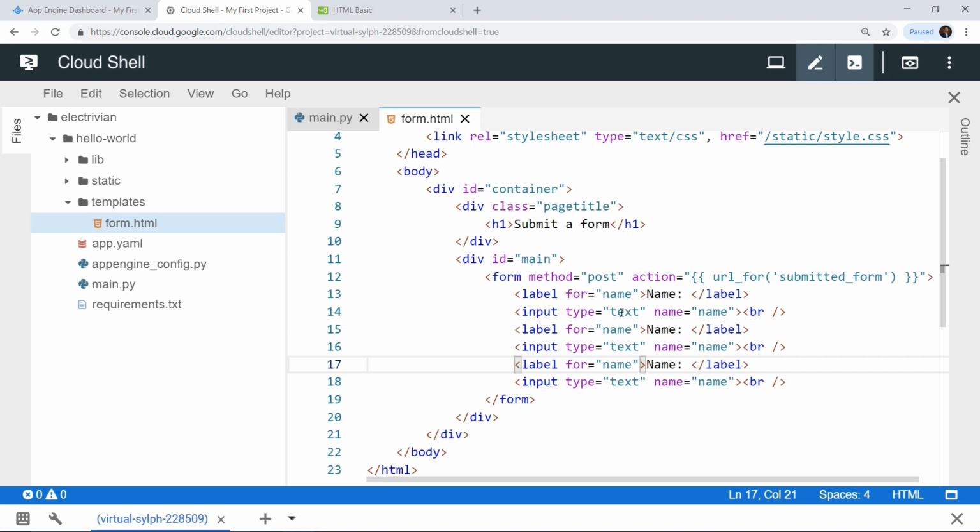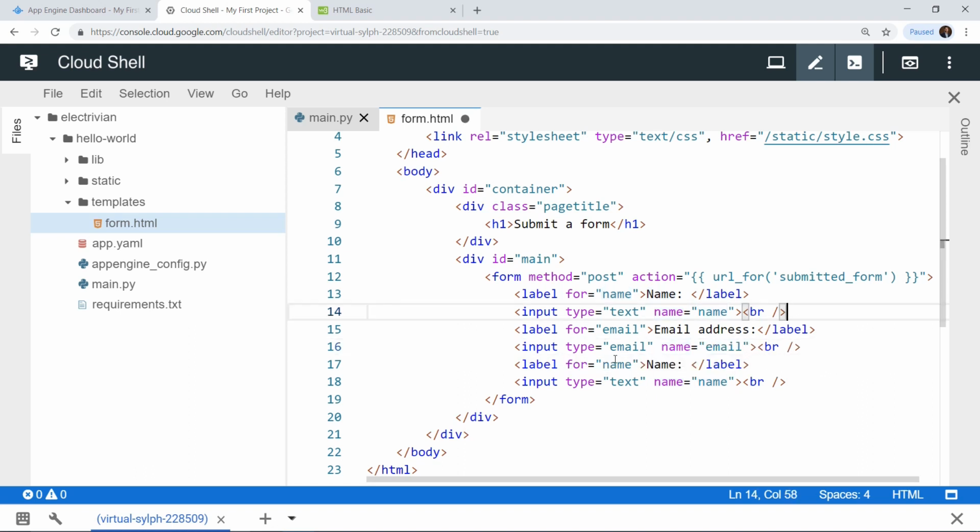So we have label for email, and for the text which the user has to enter, we have email address. Then the label closes, and we have the input type, and in input type we have email. With this it checks if it is a valid email address or not, and in the name tag we have email.